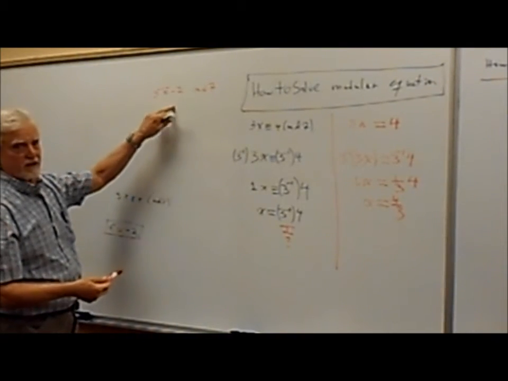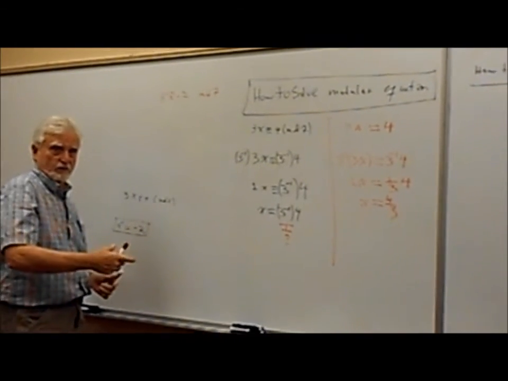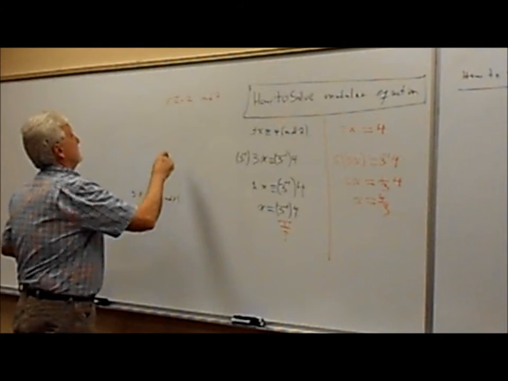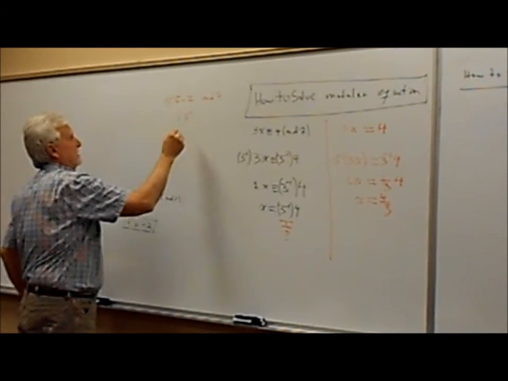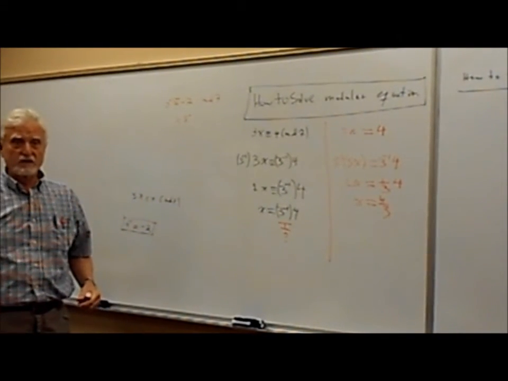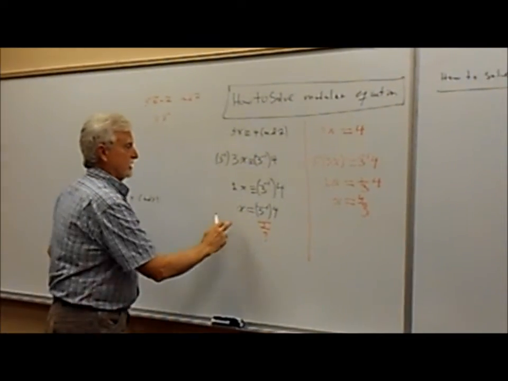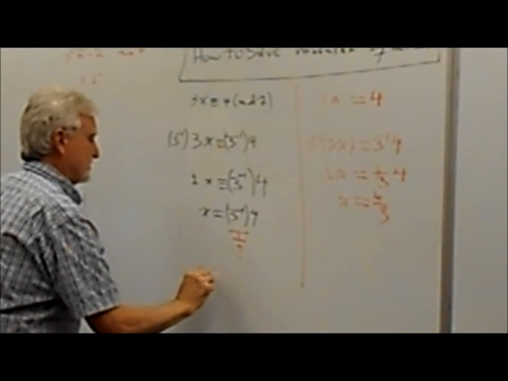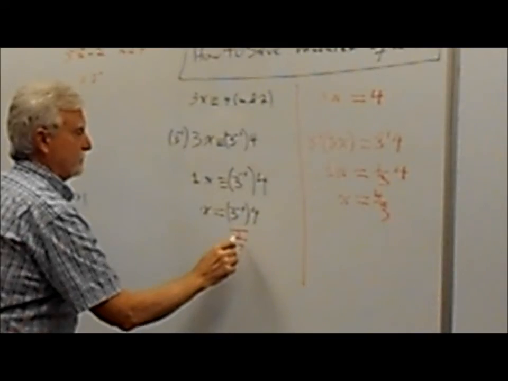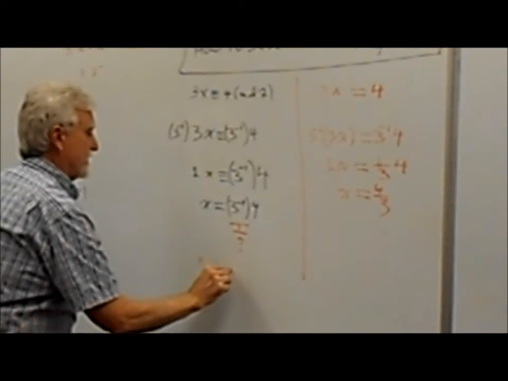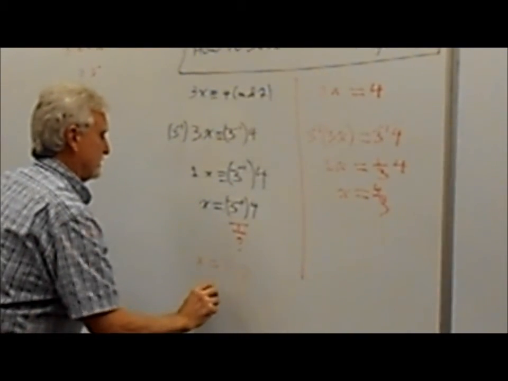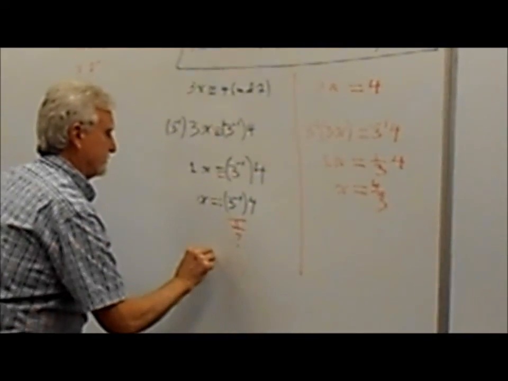So instead of calling that minus 2, I would call it minus 2 plus 7, which is 5. But minus 2 and 5 represent the same number, modulo 7. Anyway, I would write this as x equals, you can say minus 2 or you can say 5, times 4 mod 7,